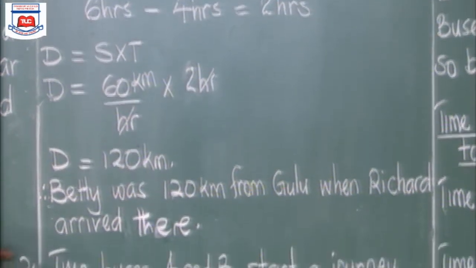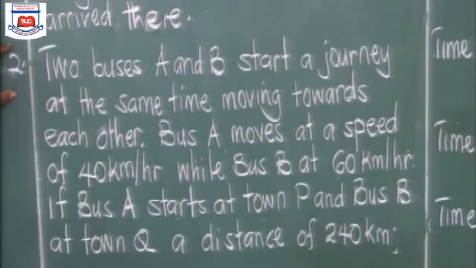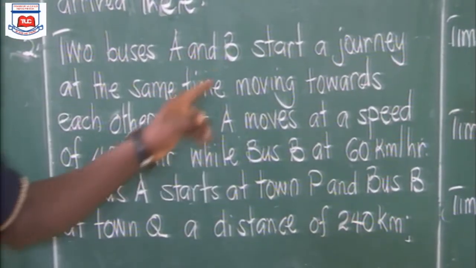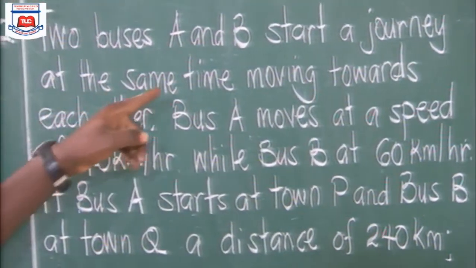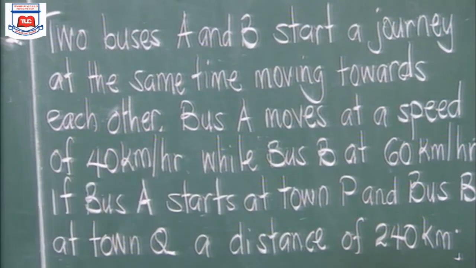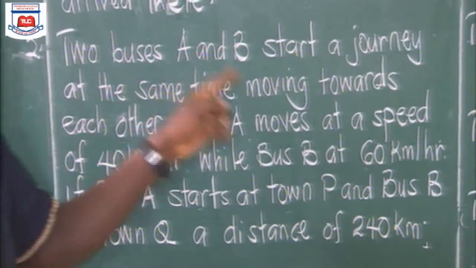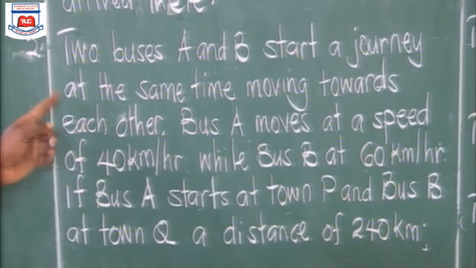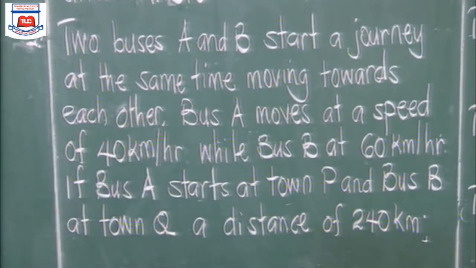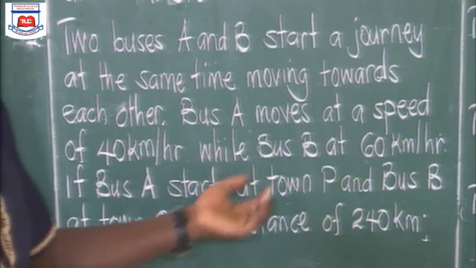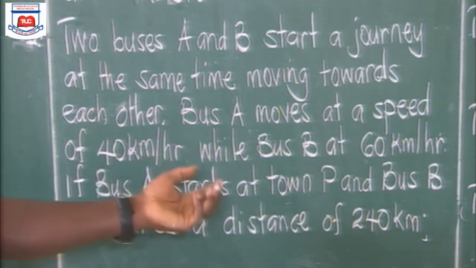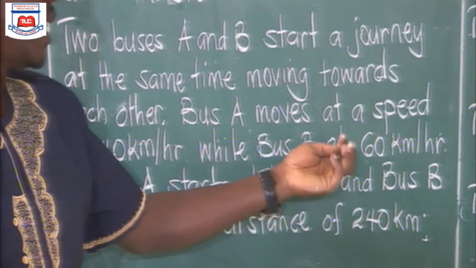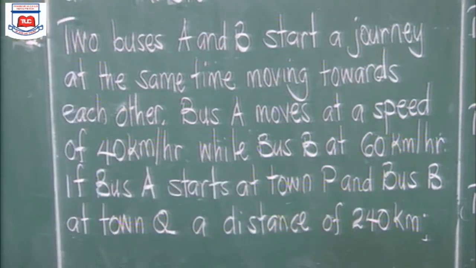Then example number 2 today reads: 2 buses A and B start a journey at the same time moving towards each other. Bus A moves at a speed of 40 kilometers per hour, while bus B moves at a speed of 60 kilometers per hour. Now the question,